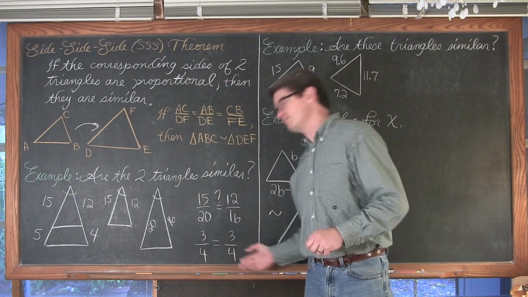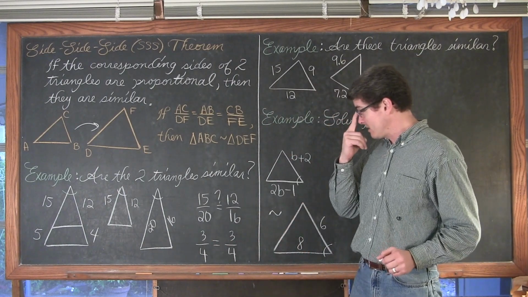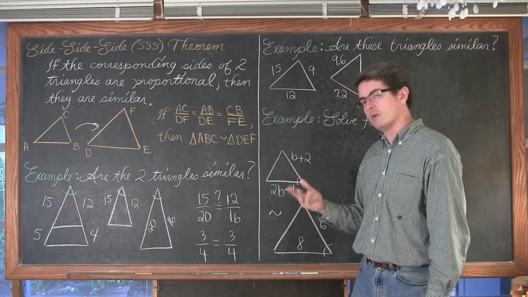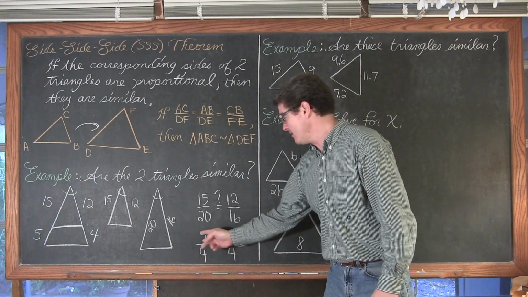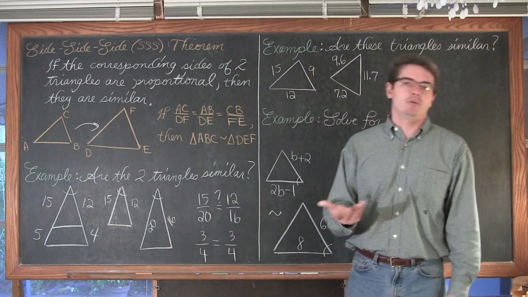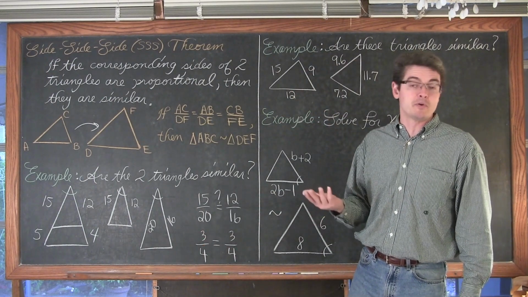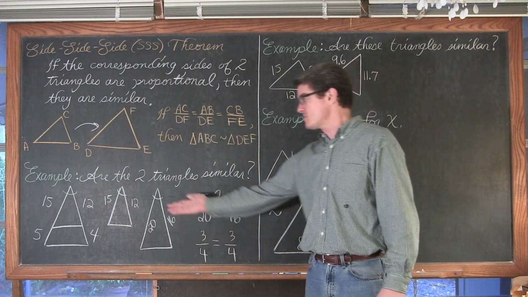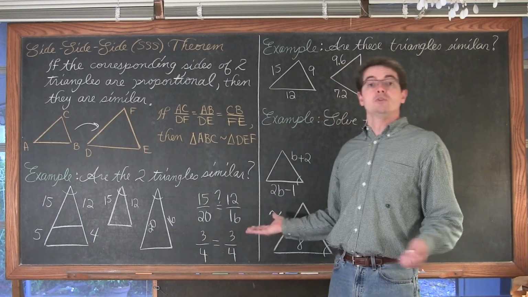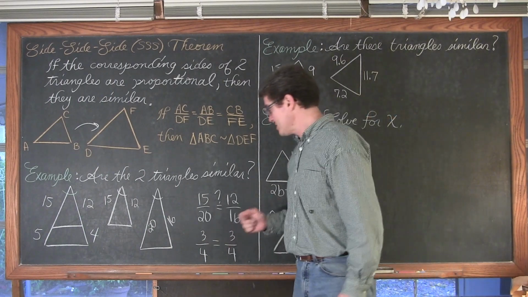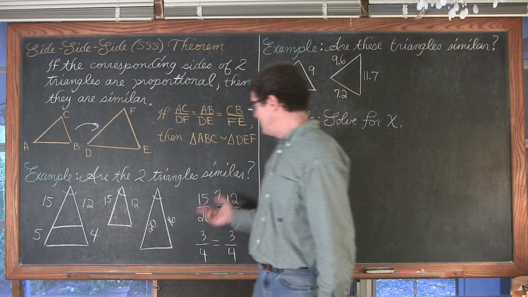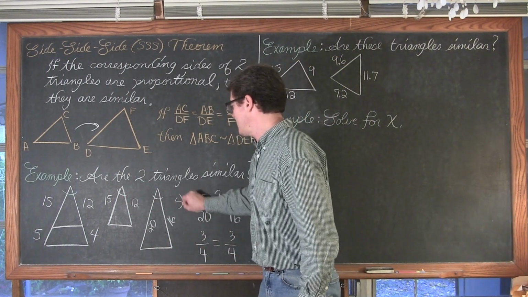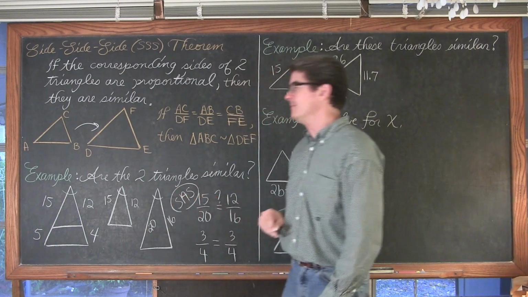I guess I got off on a little bit of a tangent there about comparing the values or size of fractions, but we do want to have the same denominator. We have the same denominator, and thus the numerators are the same. We're looking for similarity. The proportions are supposed to be equal, so these fractions should be the same. If they're not the same, then the two triangles are not similar, but we do have these two proportions being the same. So that means that, yes, these are similar due to side angle side.